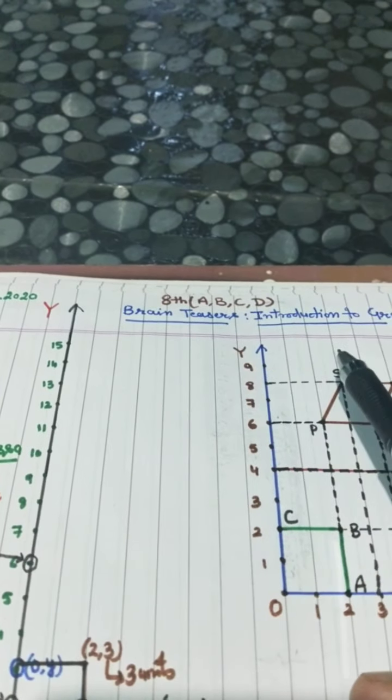Dated 8th July, Wednesday, 8th ABCD. Today's topic is introduction to graph. The first question is